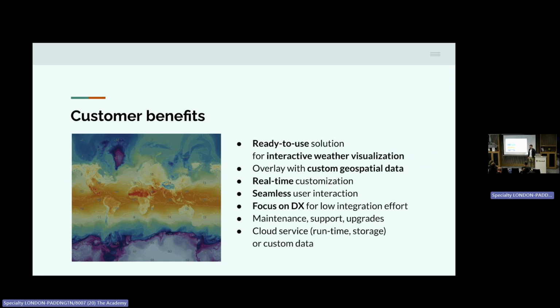Now a bit of a sales page. The customer's benefit of the solution is that it provides a ready-to-use solution for interactive visualization. And the real advantage is being able to allow customers to overlay their custom geospatial data together with the weather context. So for example, if there is an application showing the airplane positions or vessel positions on the sea,